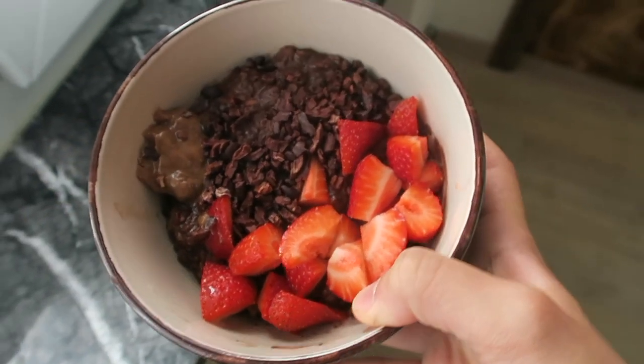You can also make this as overnight oats. I might show you a recipe for that this week as well, since I haven't had overnight oats in a while. And then I have my iced coffee. So I'm gonna show you up close and then I'm gonna go enjoy my breakfast. So here you can see